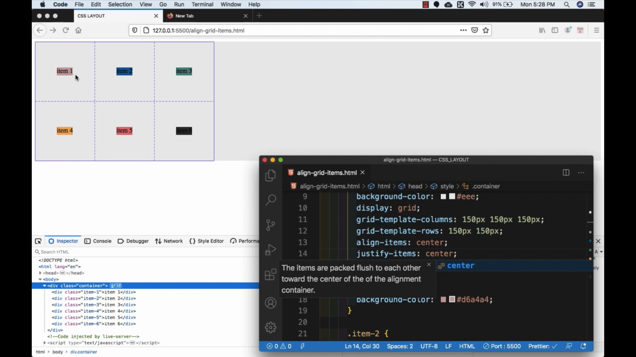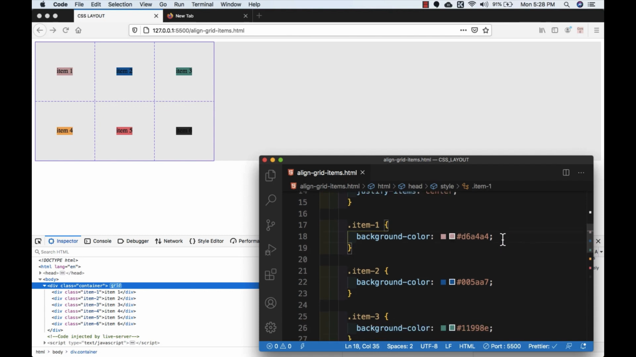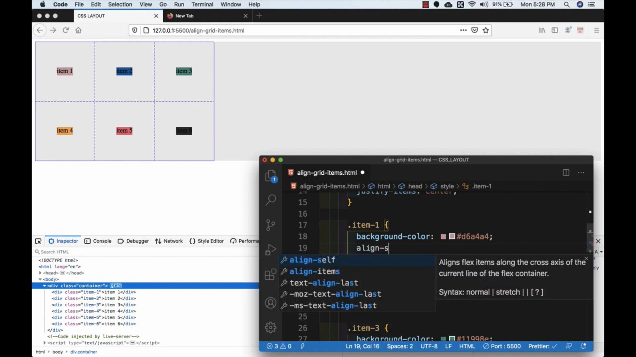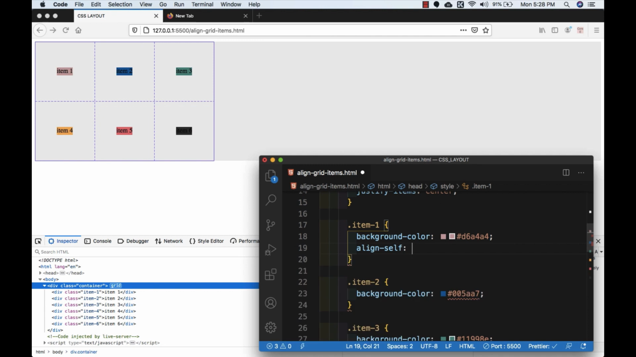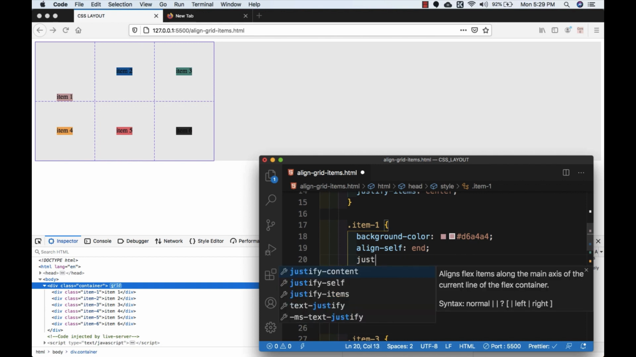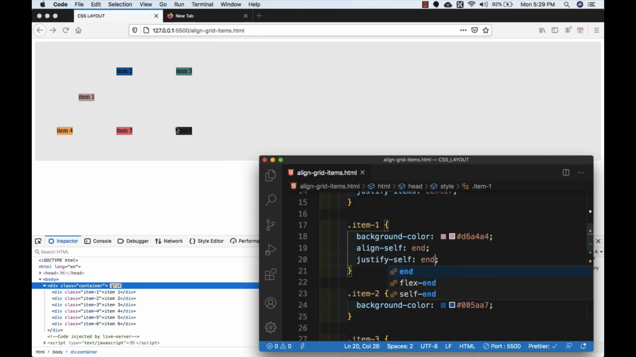So let's try, we will use it on item 1. Okay, so here let's say I want to change the first item, so I will write align self, and here I'll write end. If I save this, now this item is at the end. Now I want this to be on the right side. Okay, so horizontally on the right side. So justify self end. Okay, if I save this, now this is on the right side, right corner, and at